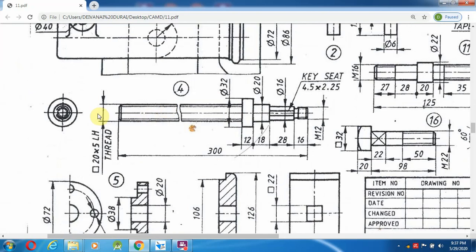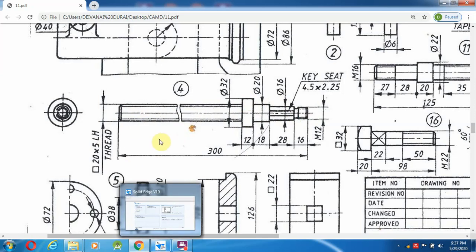For this fourth part, we can create the entire single profile, or otherwise we can do it part by part. First you can create this part, after this one, after this, like this one part at a time. Whichever is easy, you can follow it. If you draw the single profile, make a revolved protrusion command, pull from the axis the dimensions, and select the end circumference of the circle over here, and draw it.